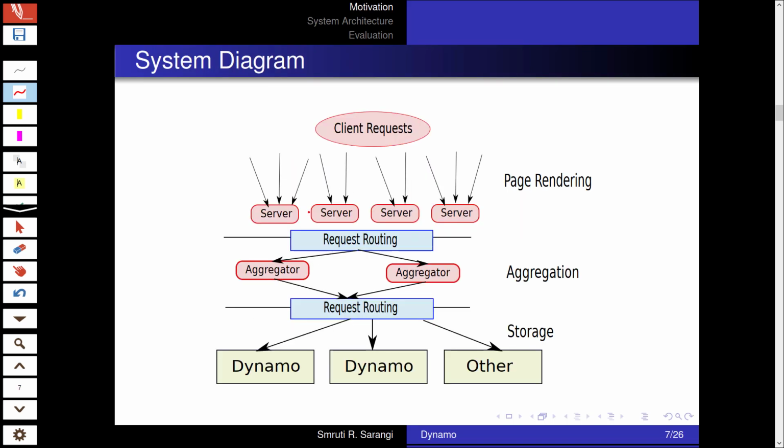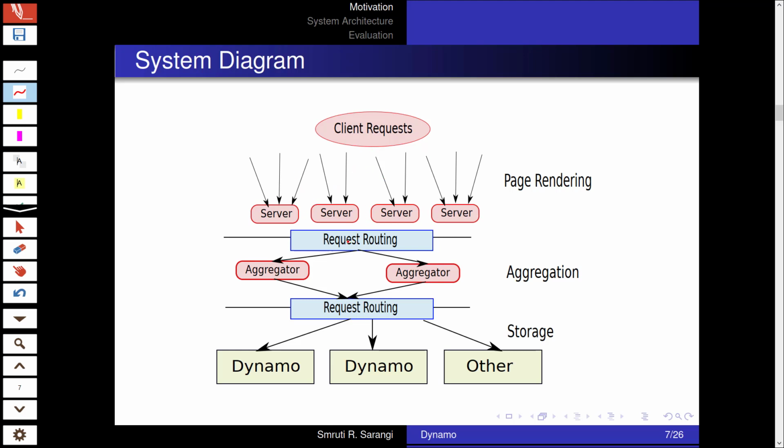So as we are discussing, a single Amazon page that you see, if you search for something, is actually a very, very complicated process. The way that Amazon works is that it gets the client requests, which go to a multitude of servers.